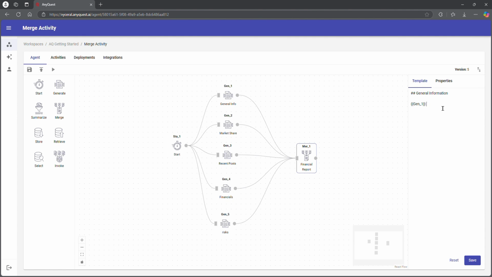So then we could come down again. Let's say we want financials next, right? So we'll do double hashtag financials, and that was from generate 4. All right, so we'll just continue to do this. We'll do recent posts. And then let's do market share. So, double hashtag, market share,